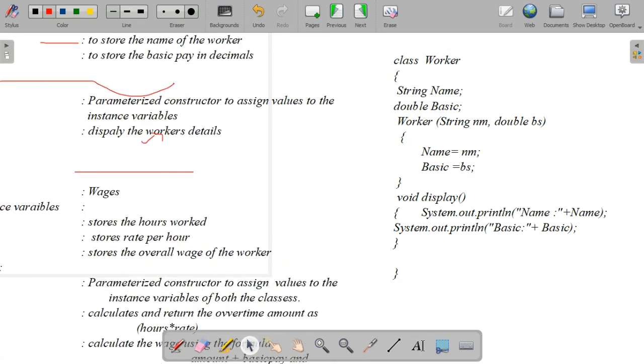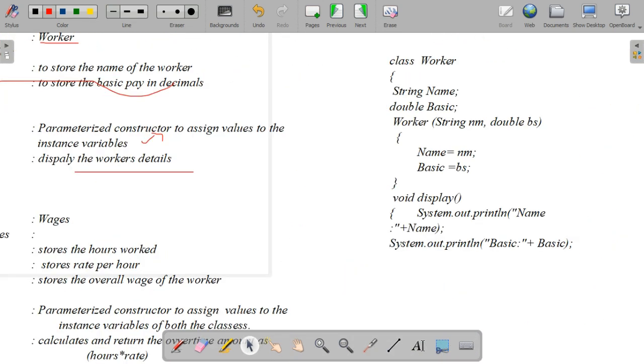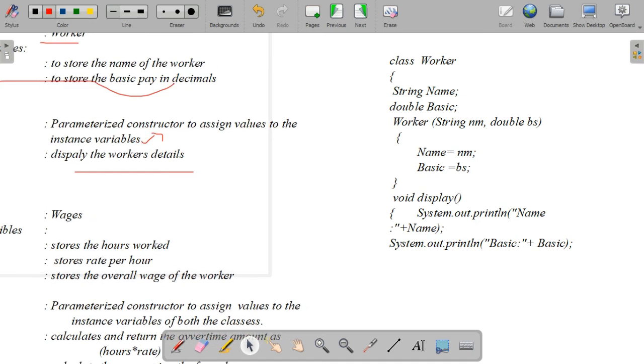Then the display method prints the name and the basic of the worker. So we have finished this class. Just close the braces and close the class also. Clear?